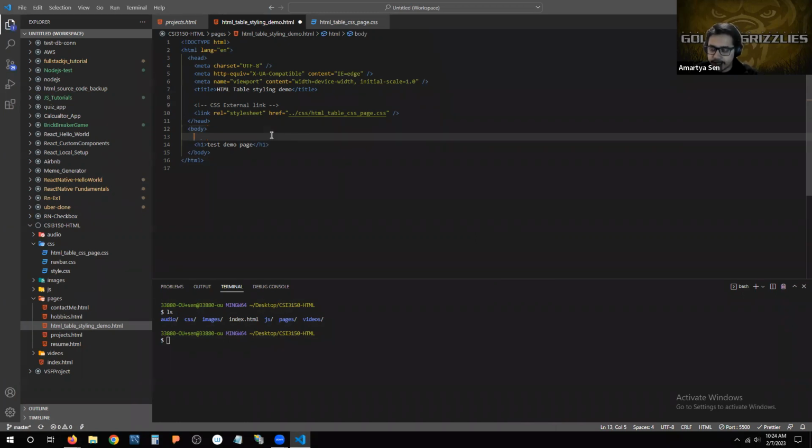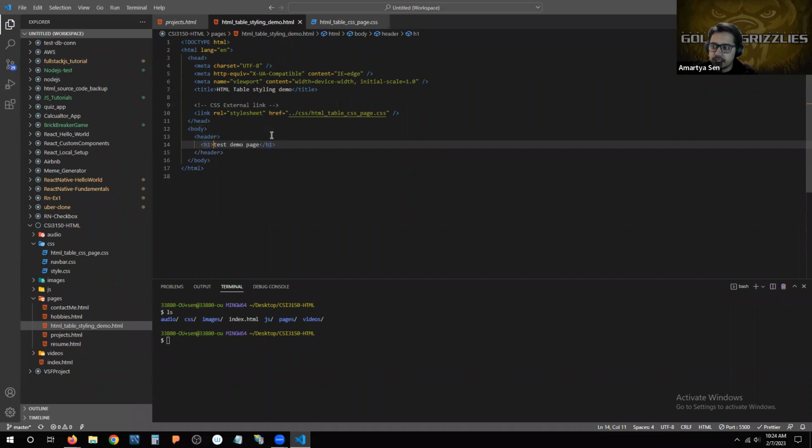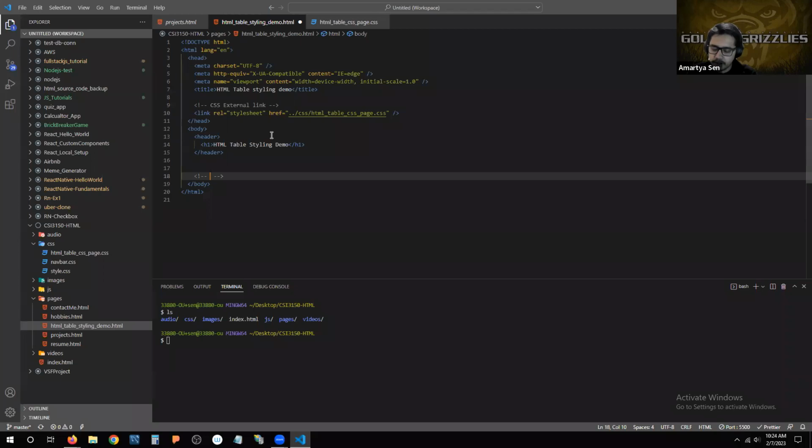So what I want to do next is basically create a header, okay? And then within the header, I'm going to put this h1 content here, and then we can just say HTML styling tutorial, HTML table styling demo. Okay, something along these lines, we can put it there. And then after the heading is done, we want to create basically a container